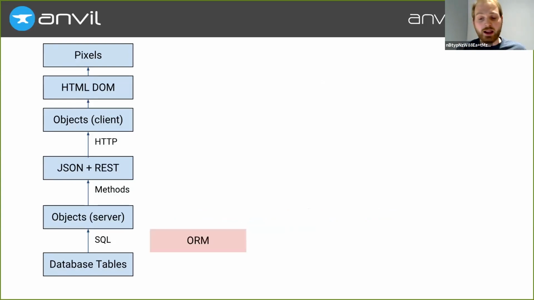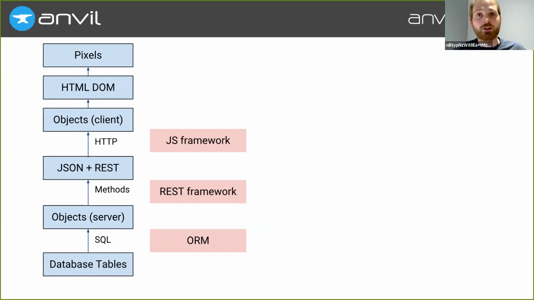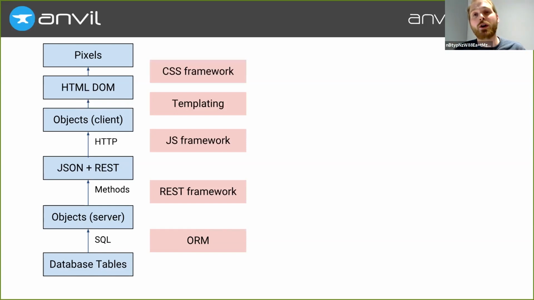We have ORMs like SQL Alchemy to turn database rows into objects. We have REST frameworks to help us express those objects as HTTP endpoints. We have JavaScript frameworks on the other end like Angular's resources, turning those HTTP requests back into JavaScript objects. We have templating engines that are representing those objects in HTML, and we have CSS frameworks to help us put the right thing onto the screen. And God help us, but every one of these frameworks is like this, right? It's abusing the semantics of one layer to represent a different layer, and to use any of them at an expert level, you need to understand what's going on above and below it. It's hard work.